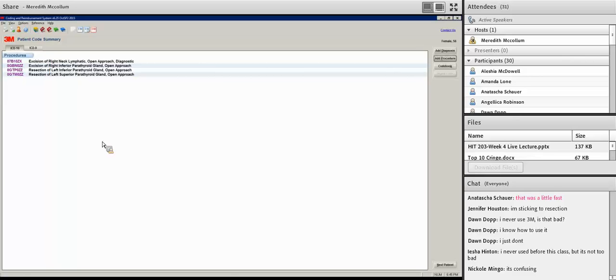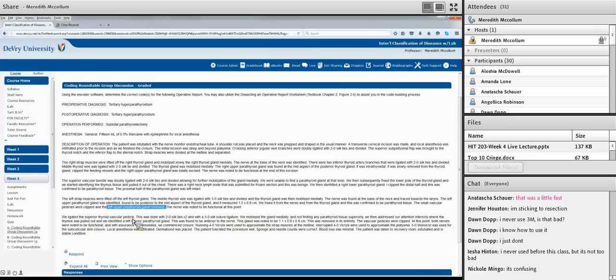We ligated the superior thyroid. Mobilized the gland, not finding any parathyroid tissue superiorly. We then addressed our attention inferiorly where the thymus was pulled out. We identified the left inferior parathyroid gland. This was found to be anterior to the nerve. This gland will be noted. This was removed in its entirety. So the left